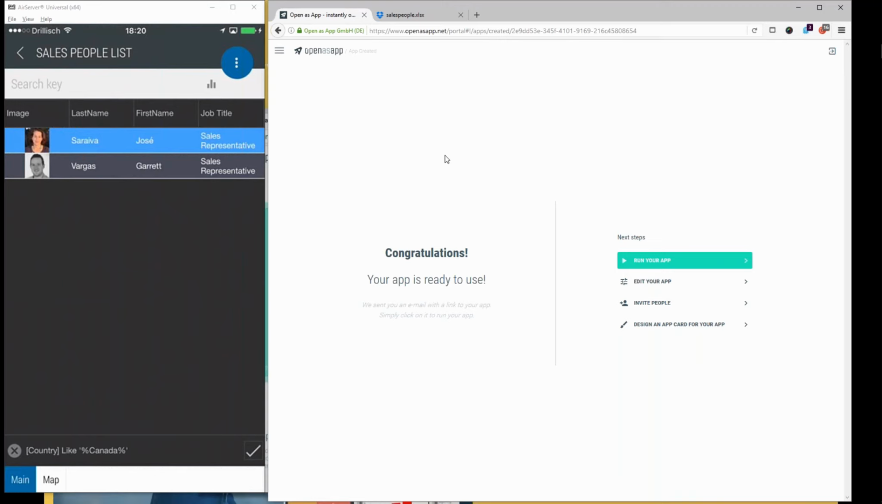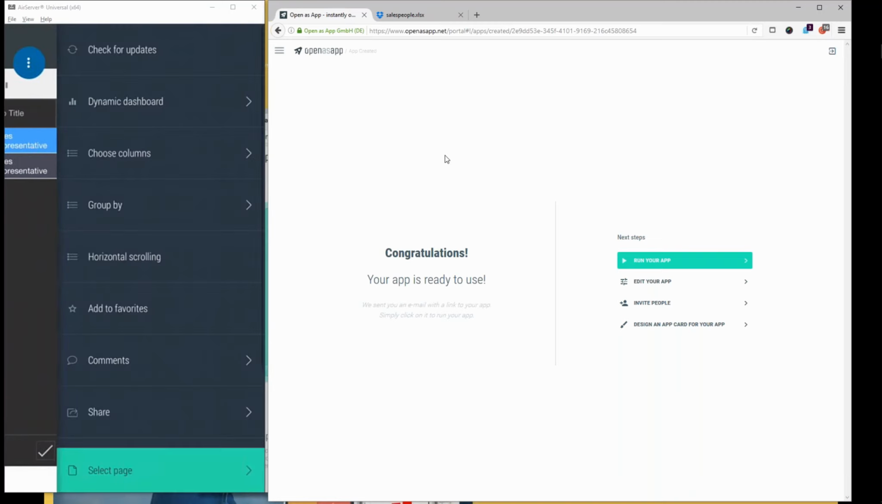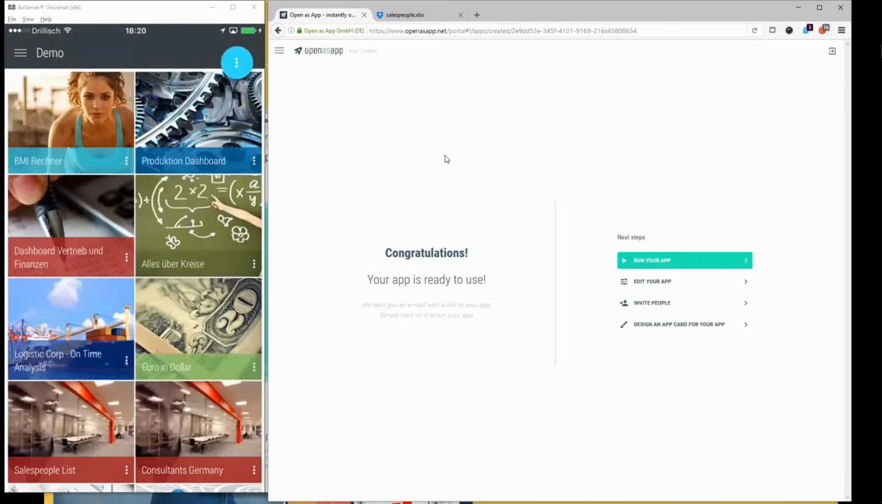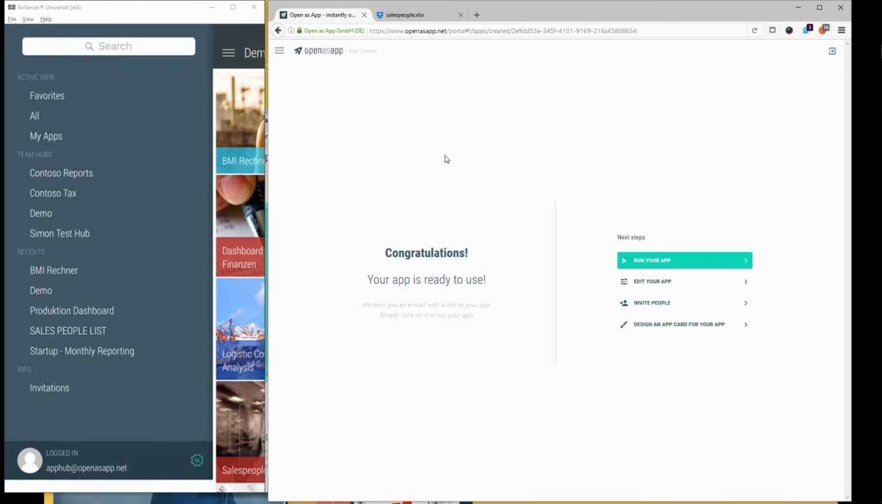Now, if you like an app, like this one maybe, you can add it to your favorites. And that will have the effect that this app is always displayed alongside the other apps that you use on a regular basis. Now, if you click here on the left side and then here on the burger menu in the top corner, you can search for apps on the left side. And there are some demo hubs. If you check out this demo hub here,